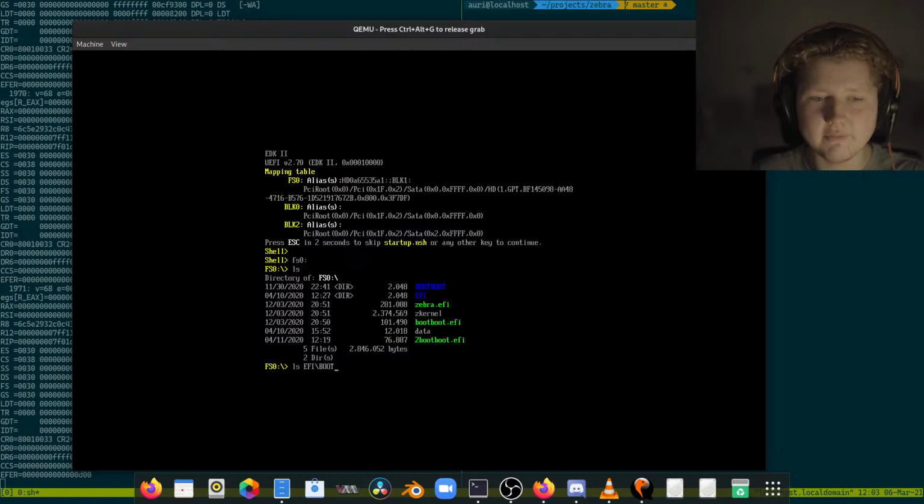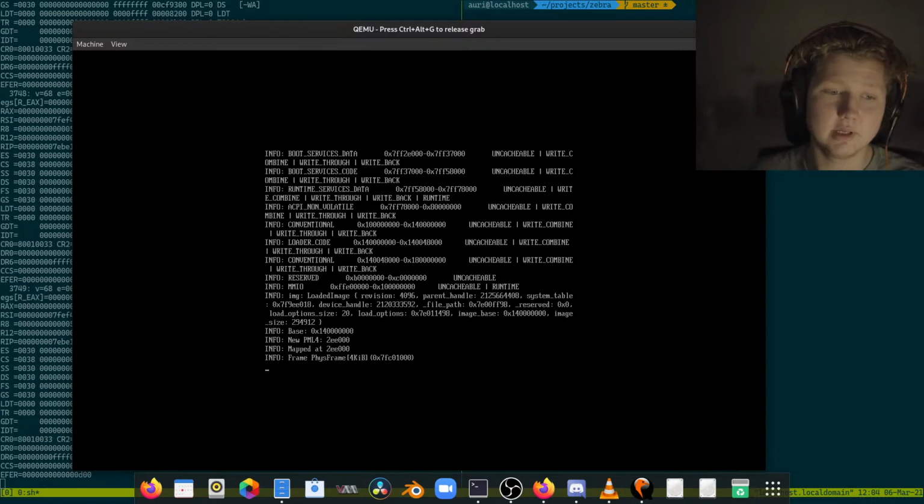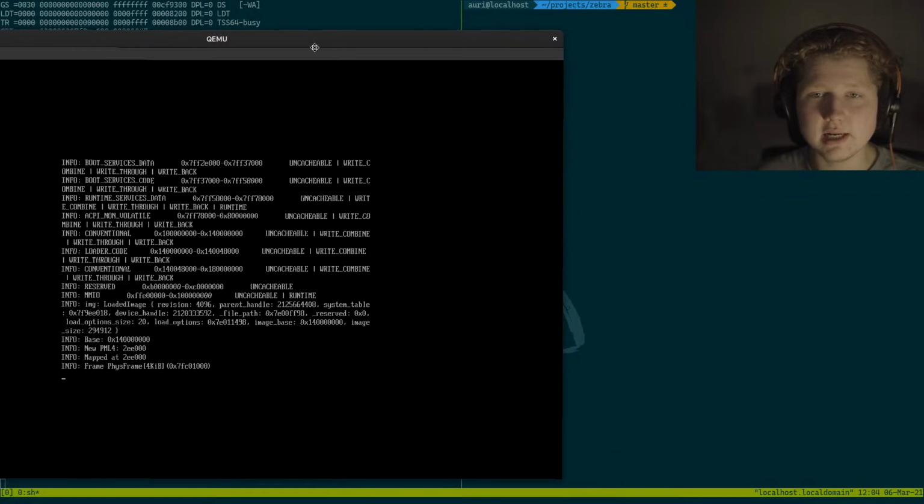Do I put it in EFI or is it zebra.efi? Okay. So, what do we have here? We have code going. It's definitely going, as you can see. Control-G, okay. As you can see, there's stuff happening. But we seem to crash because, well, obviously we crash because if we were to take a look at the code,